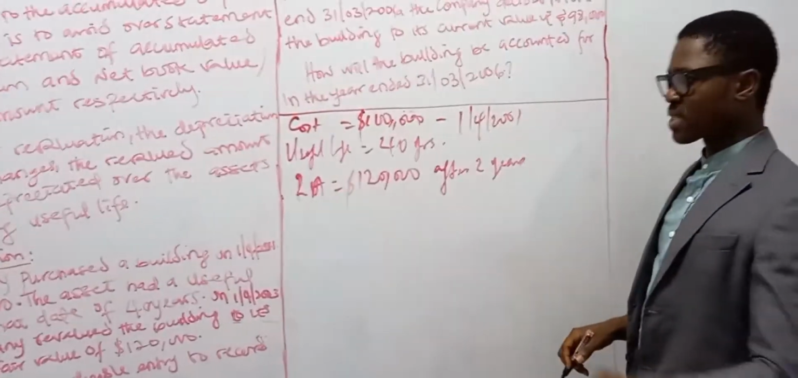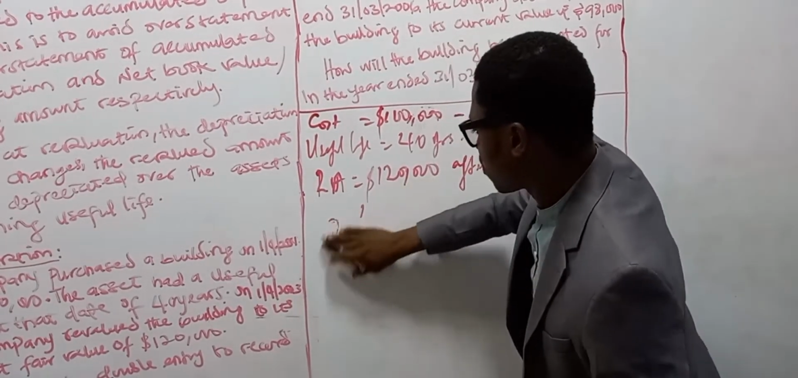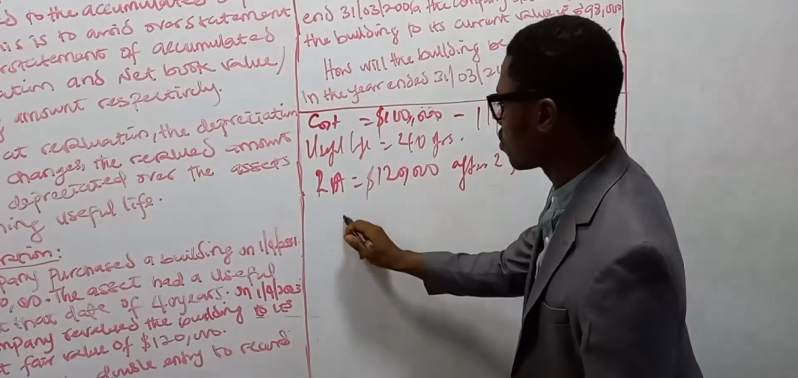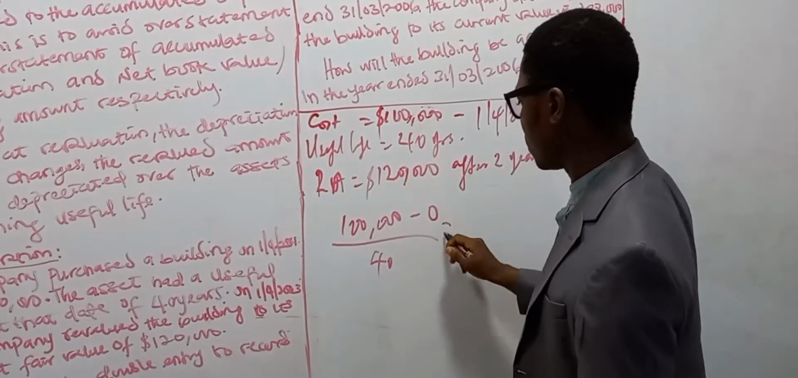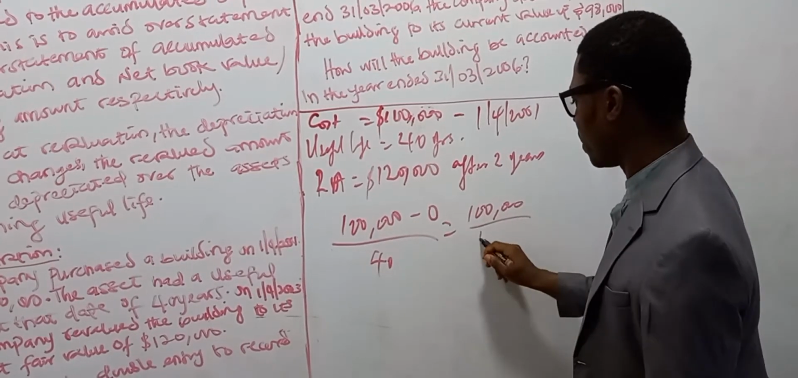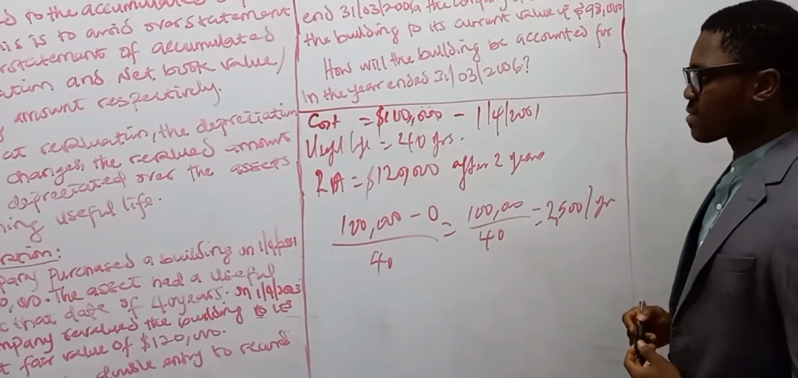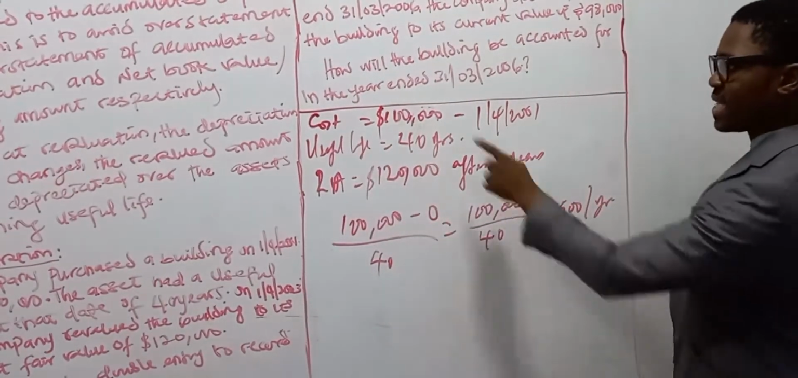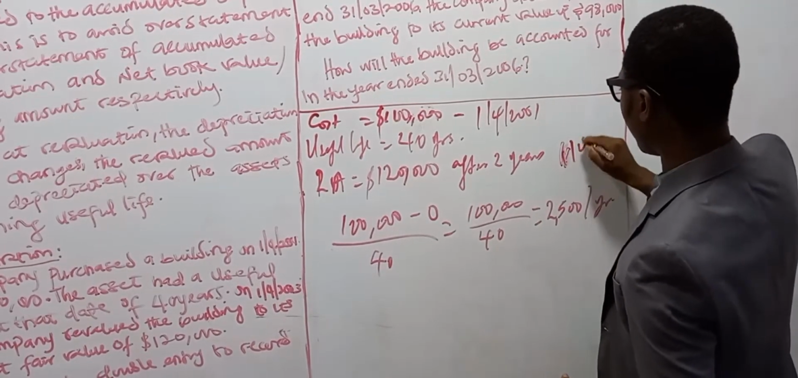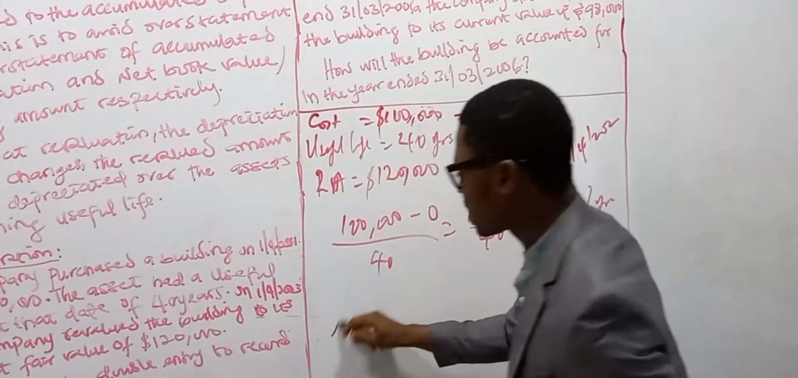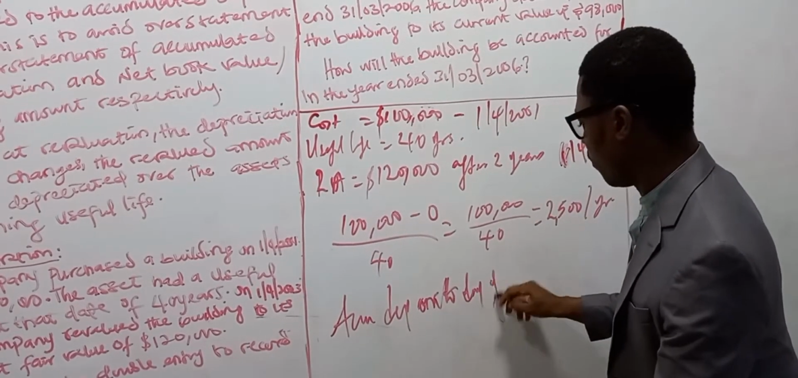The formula for depreciation using a straight line approach will be 100,000 naira minus scrap value of 0, divided by 40 years. That will give us 100,000 naira divided by 40, which gives us 2,500 per year. And they said that the useful life is 40 years, and the asset was bought on the 1st of April 2001 and revalued on the 1st of April 2002. That simply means that the accumulated depreciation on the day of revaluation